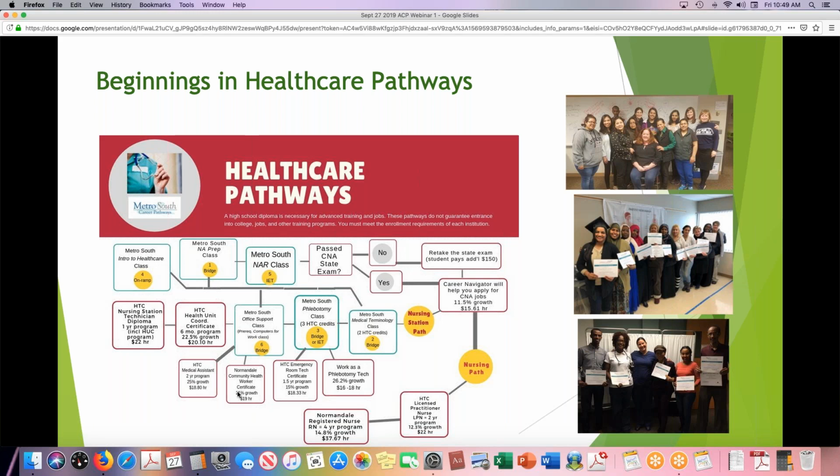In this chart, you can see the growth rate and the salary per hour if you get a job or complete a program. But we do highlight that a high school diploma is necessary for advanced training and jobs. On the chart, there are little yellow circles with a number. Number 1 is the NA prep class. We started with that one. That's a bridge class, and it was really successful. Then we added number 2, medical terminology. That's also a bridge class, and it fits very well into Hennepin Technical College